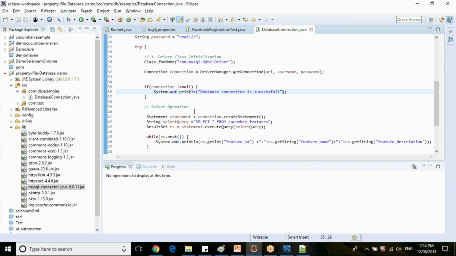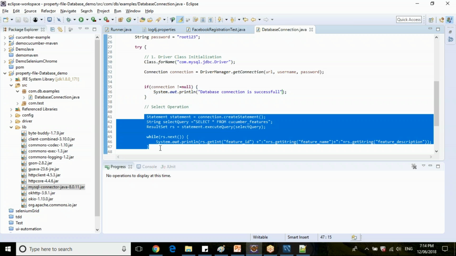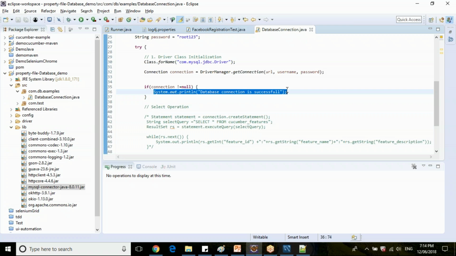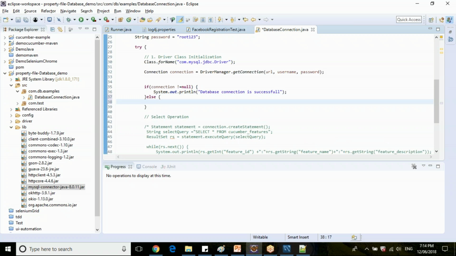Okay. So let's execute this code and check. Let's comment this select operation part, and check whether the connection to database is successfully established or not. Or let's write an else as well: fail to connect DB.